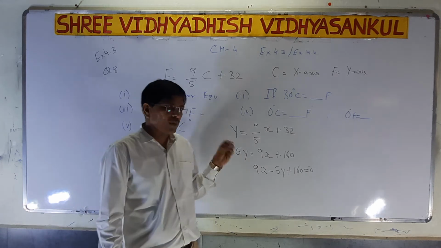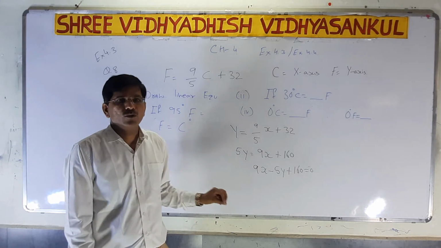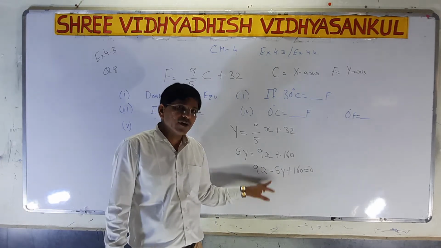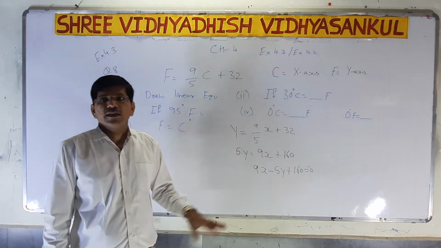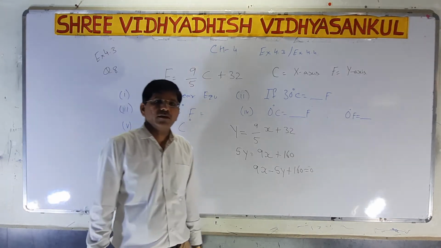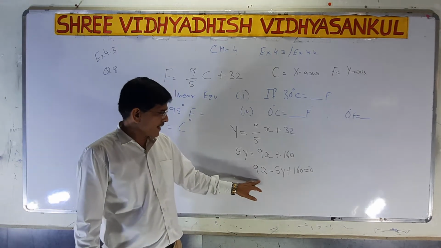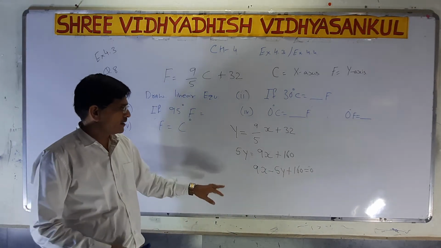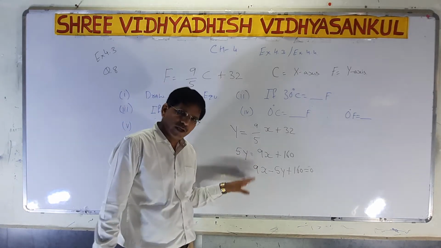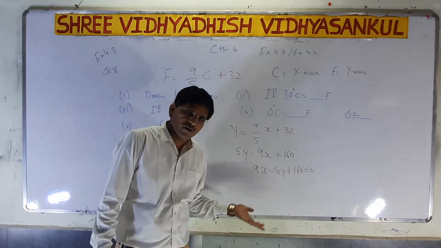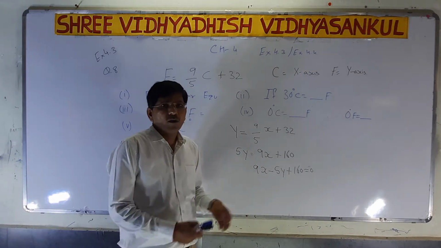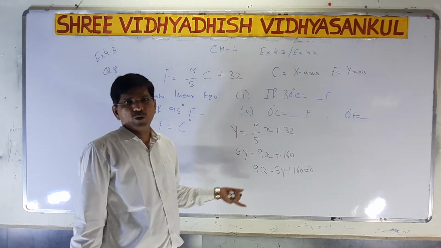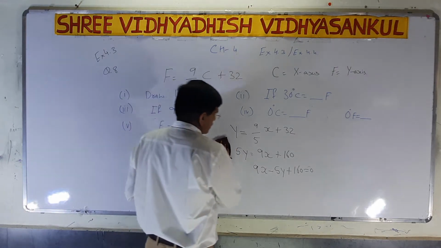From the last 2 to 3 lectures we already know how to draw the graph. When A, B and C are there, such a graph intersects both axes, which we learned in the last lecture. So 9x minus 5y plus 160 is equal to 0 is the equation; now you have to solve it yourself. Take x as 0, take y as 0, and take another value of x. It may vary depending on which value you take. So that is question number 1.